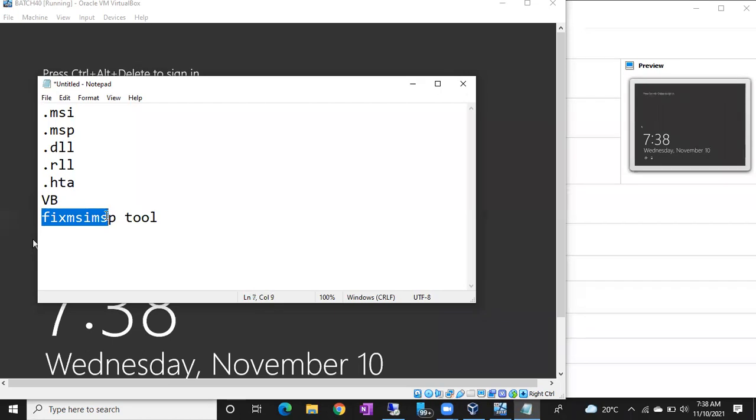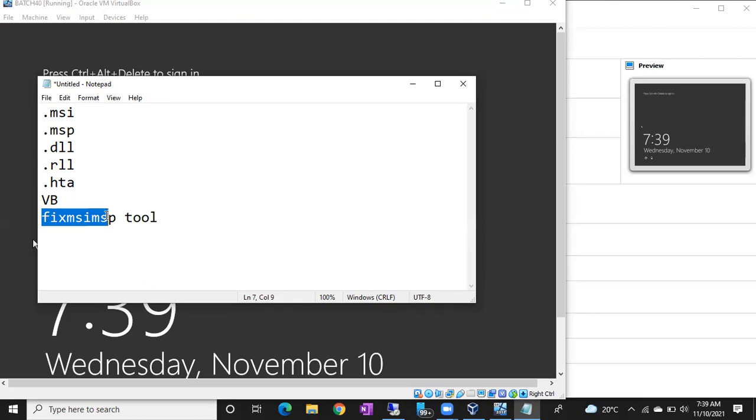It is a very small tool, 2 MB or 3 MB. You can install it on the server directly. Like how we have an antivirus scan option, if you select scan, it is going to scan all the files. In the same way, there you can see a scan option. If you click on that scan option, it will verify whether all files are there or not, and whether any MSI and MSP files are missing.